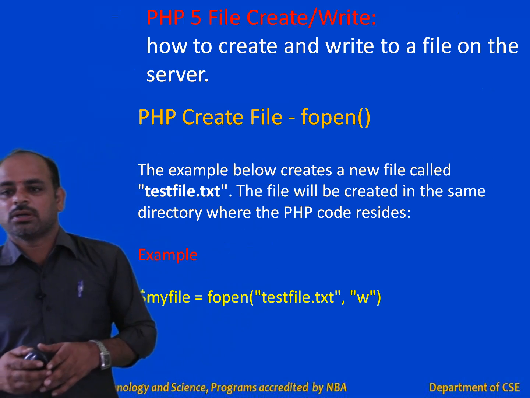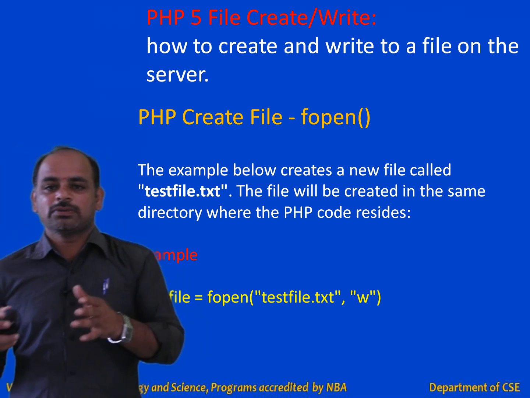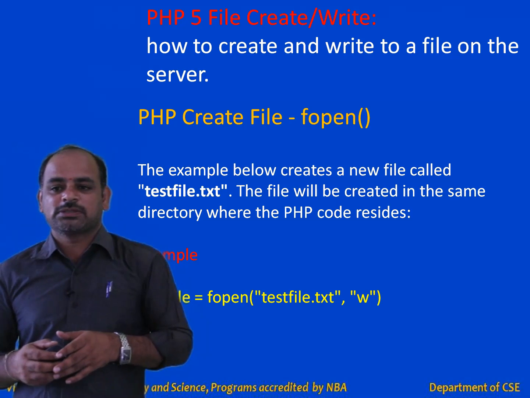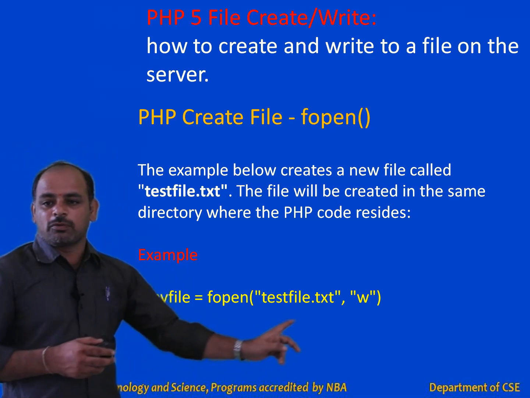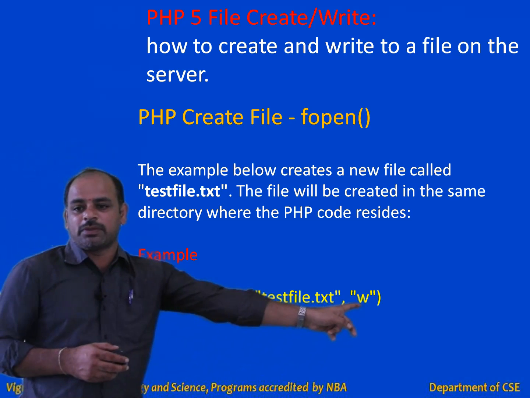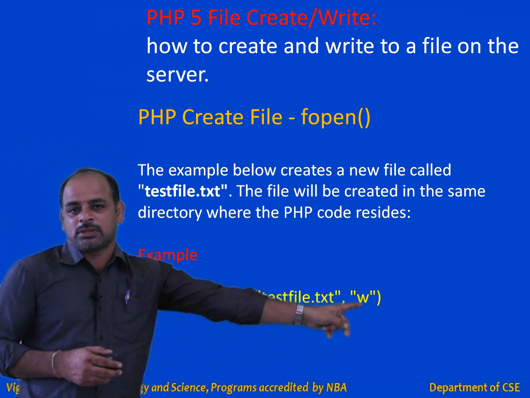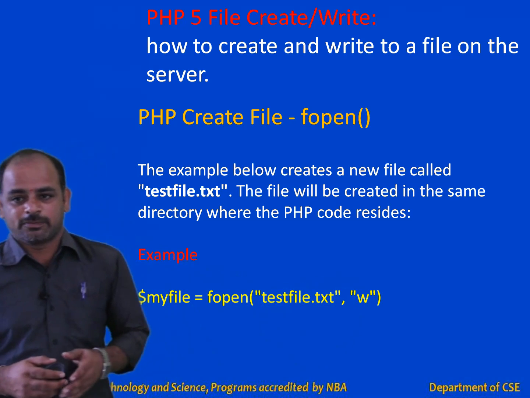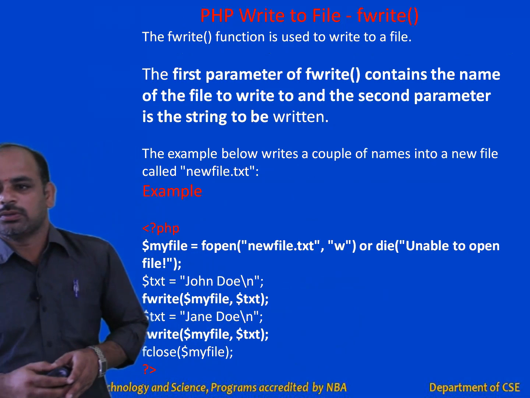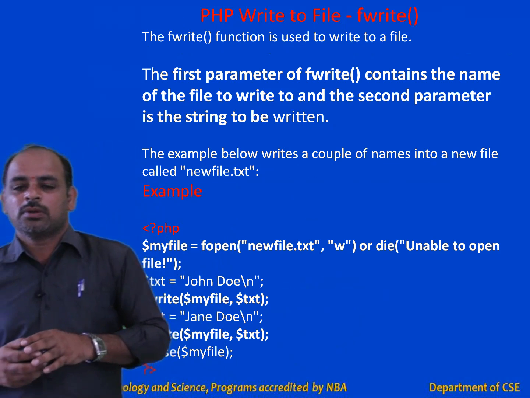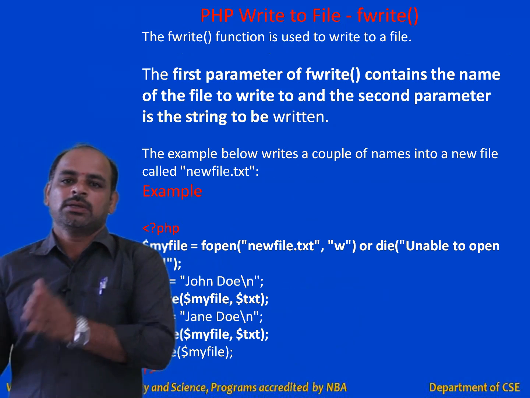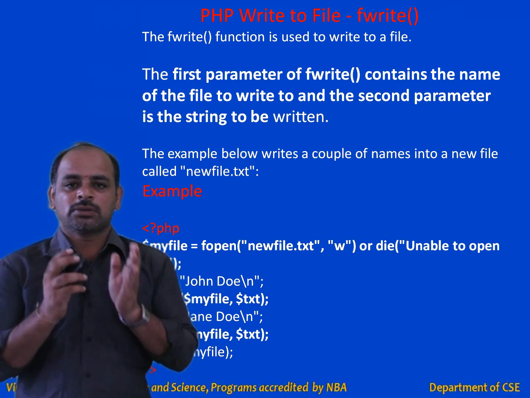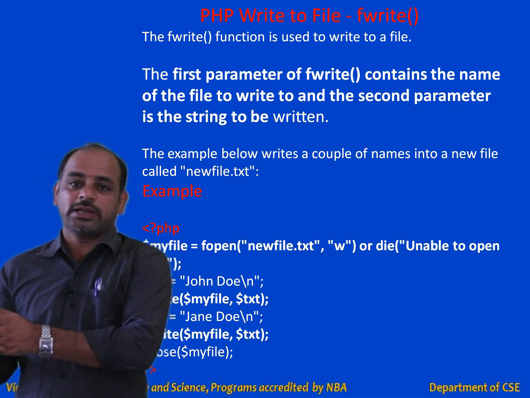Next, if you want to create a file, now we have seen how to read the data from the file. Similarly, we can perform the write operation. In order to perform the write operation, we have to open the file in write mode. So in place of the mode R that we used in previous slides, we are using W here. W means you are opening the file in write mode. If you want to write some data to that particular file, we have a predefined function, the fwrite function. We use this fwrite function in order to write some data into the created file.